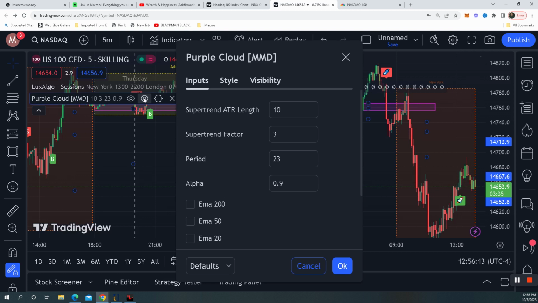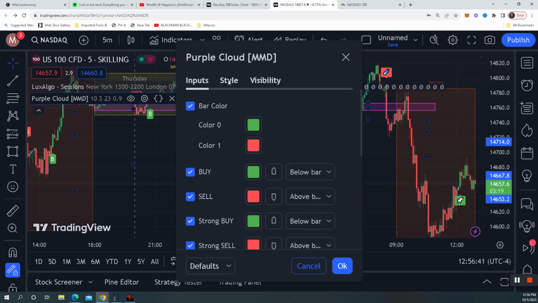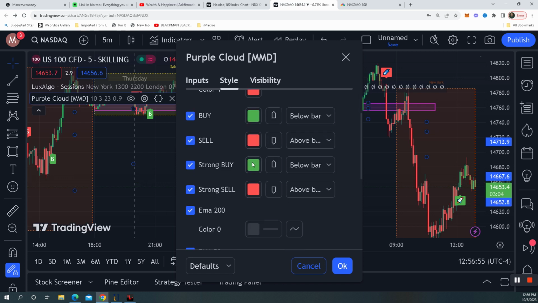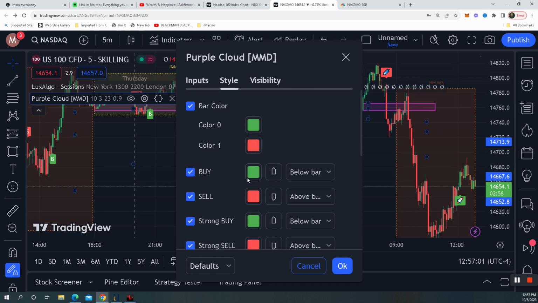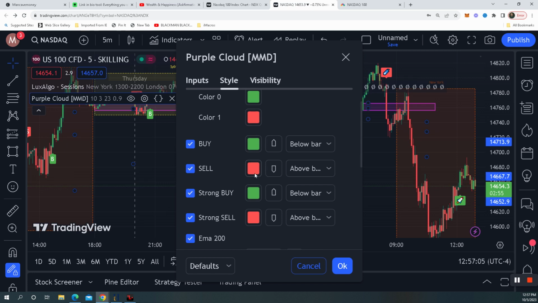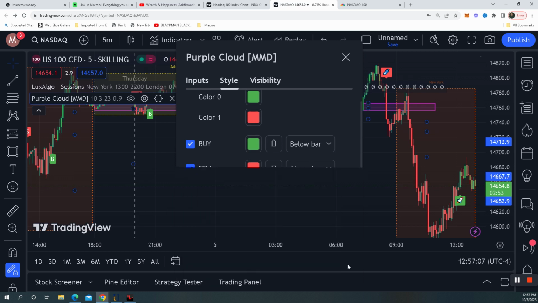Open up the settings, and I want you to see these settings. Freeze, stop the video, put down these settings. Okay? So that's all you need to do. We're not going to use the EMAs or anything. You want these settings, and for the style, you want your first bar colors to be green, red, green, red, green, red. Okay, and I'm going to show you why in a minute. All of this down here can stay the same because we're not using them. Okay, you want these green, red, green, red, green, red. Got that? Okay, now,